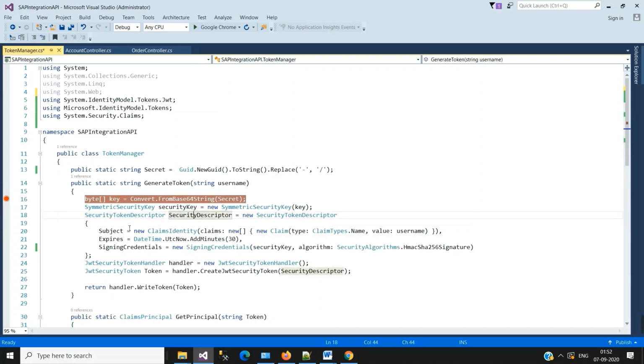In the third line, we are using the SecurityTokenDescriptor class to set three main properties. The first one is Subject. In Subject, we are deciding the claim identity.